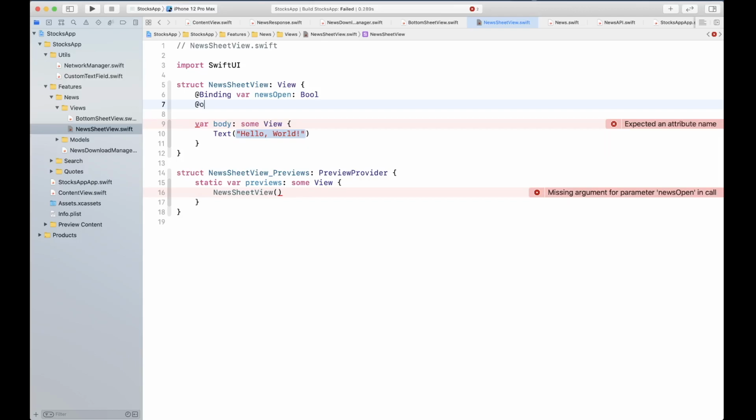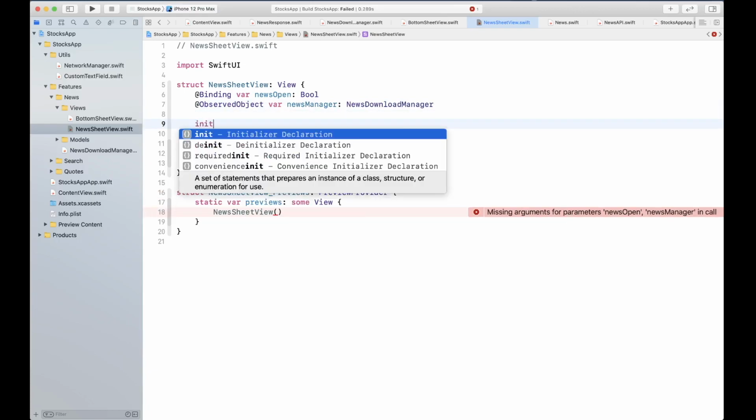We can have an observed object for the news manager, which is going to be supplied to us by the caller. Mainly the content view is going to create the instance of the news download manager and supply it to the news sheet view.